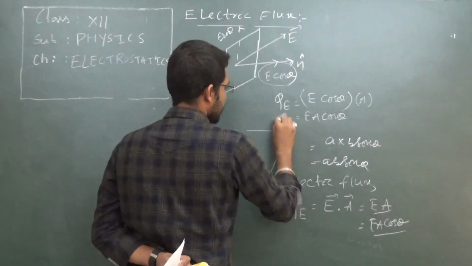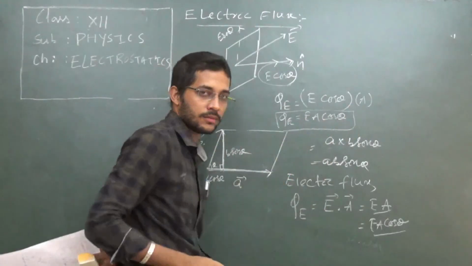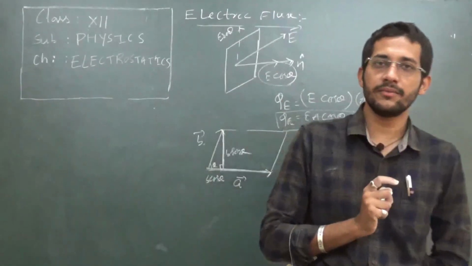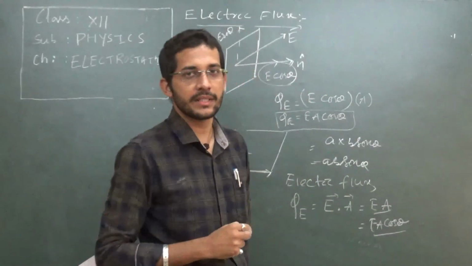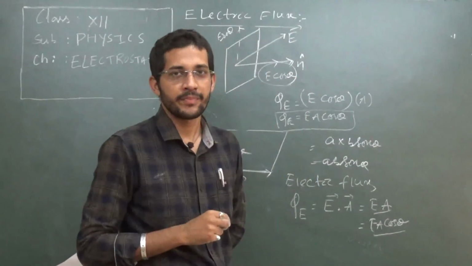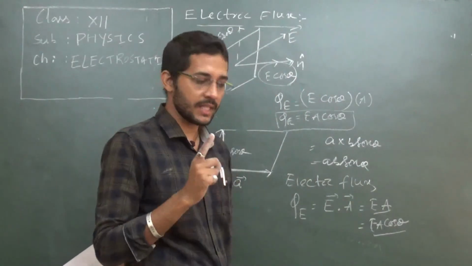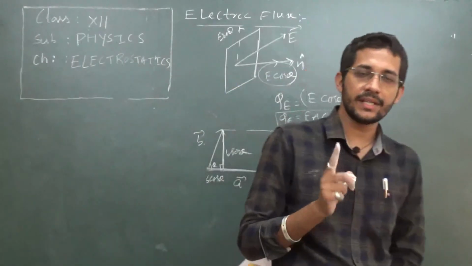This is the expression. If theta is 0, that means the direction of the electric field and the direction of the area vector are found to be similar. And if theta is 90, that means the direction of the electric field and the area vector are found